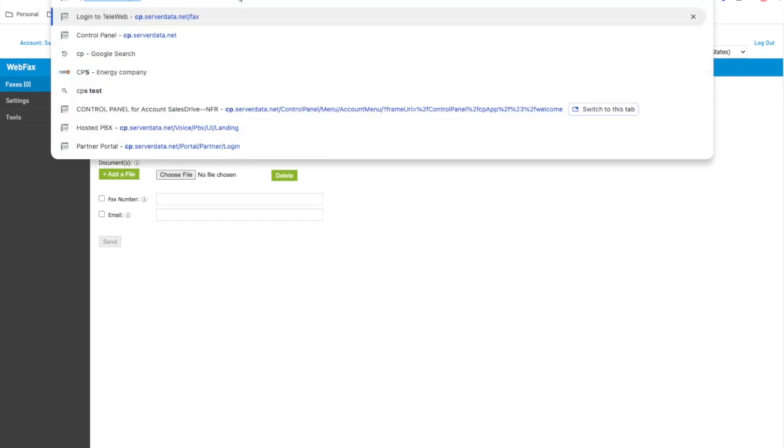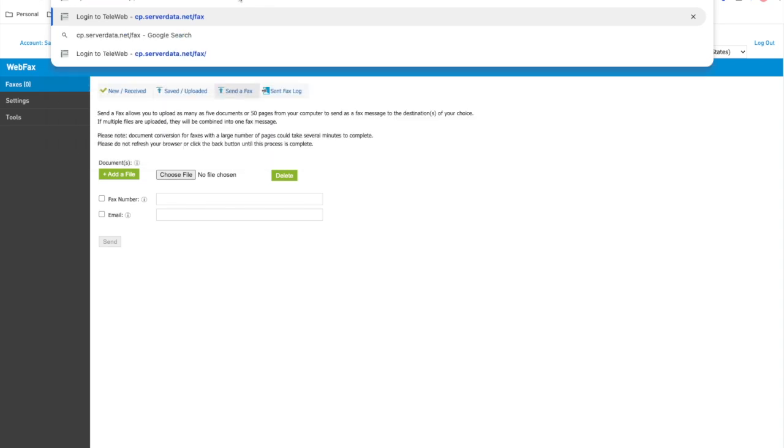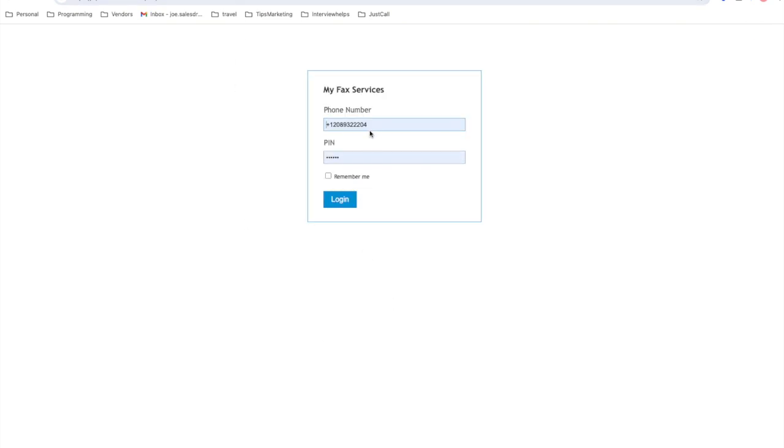So you see, when you go into a Chrome browser, you type in cp.serverdata.net/fax. That'll bring up this screen where you have to type in the +1, the area code, and your fax number. You will also need to enter your PIN, which is a 6-digit number of all numbers. It can be more than 6 digits, but I think the minimum is 6 digits. Now, most people, I would recommend that you click on Remember Me, and that way it'll save that in your browser. At that point, you hit Login, and once you click that, it will go into the browser